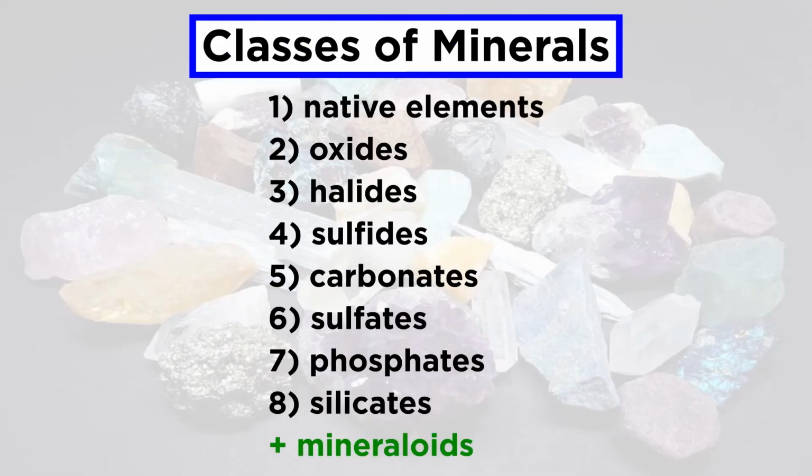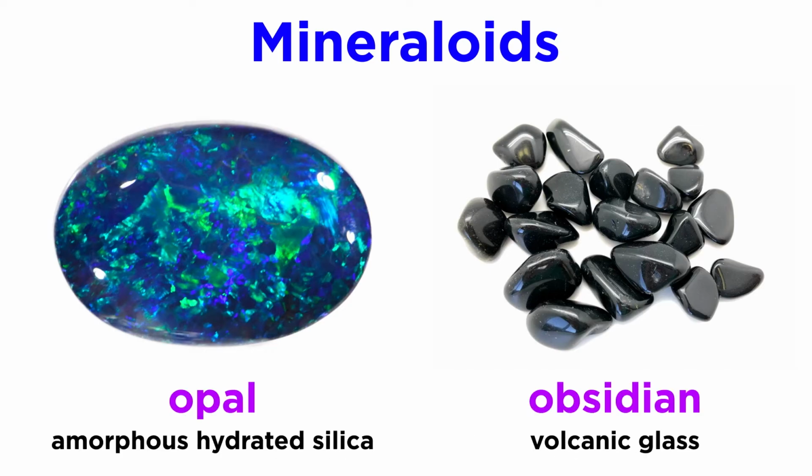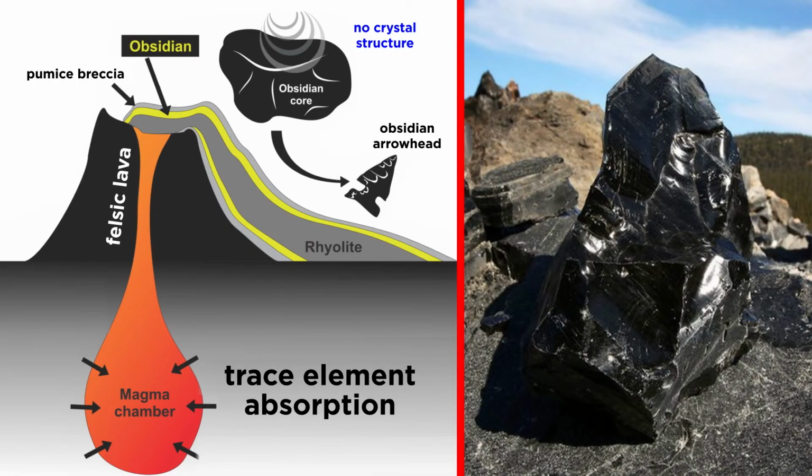Our final class to discuss is the mineraloids, which are not really minerals since they are not crystalline. Since mineraloids are naturally occurring substances found in rocks, they are often mistaken for minerals. Some examples include opal, which is amorphous hydrated silica, and obsidian, or volcanic glass. Obsidian forms when a felsic lava is rapidly cooled, leaving insufficient time for the atoms to migrate to form a